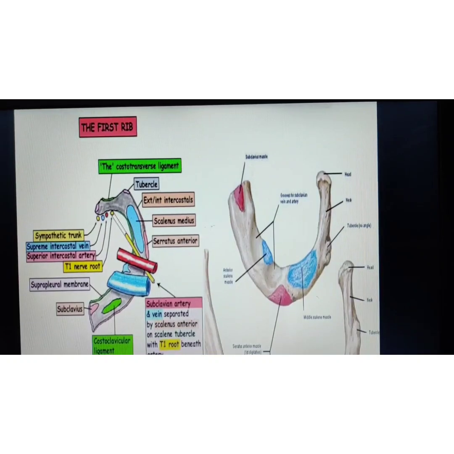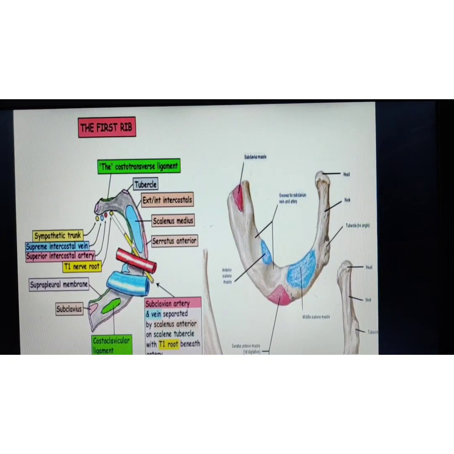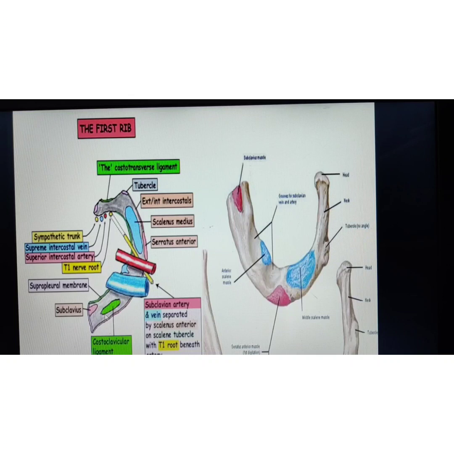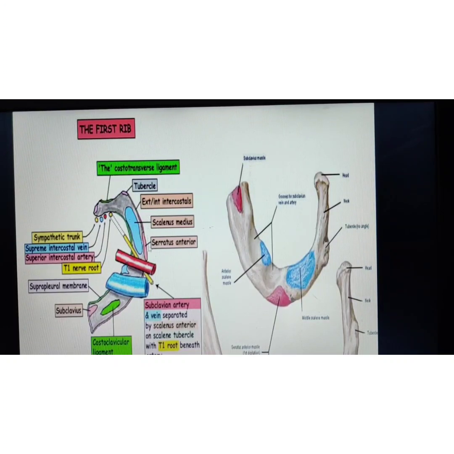So with this we have completed the attachments of the first rib. There are important attachments over the upper surface of the first rib, and also the inner border gives attachment to the Simpson's fascia. The scalene tubercle gives attachment to the scalenus anterior muscle. The outer border gives attachment to intercostal muscles and the first digitation of serratus anterior, whereas the inferior surface or the lower surface is related to pleura and lung.